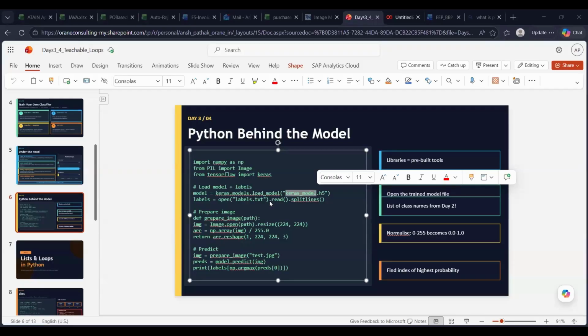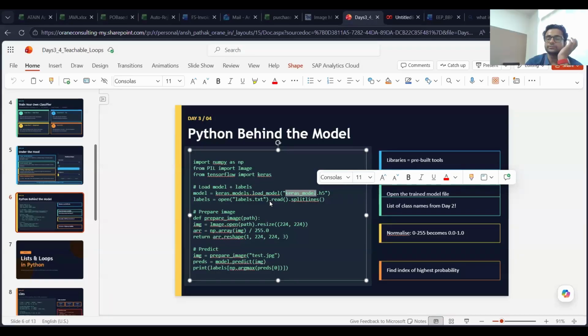Sir, in the labels line only, you have written labels.txt. So will the data that I'm uploading go into a text file and store over here? No. The labels.txt means I need to have a labels.txt file in my notebook which I can open and then read and dissect as per my needs.